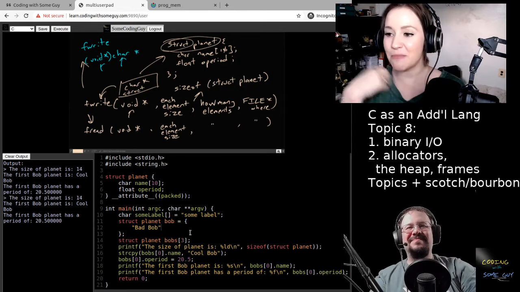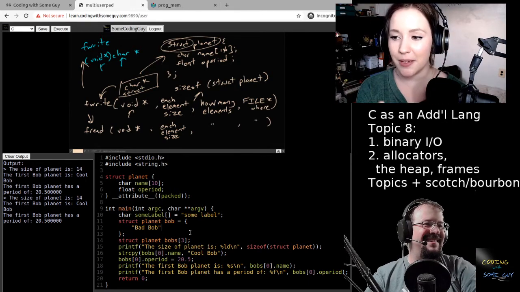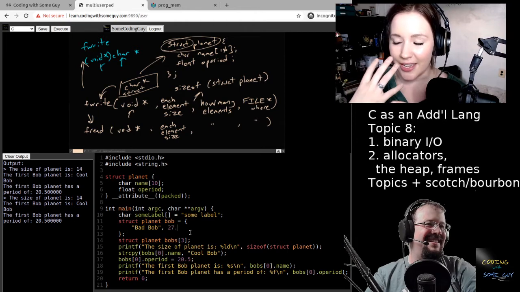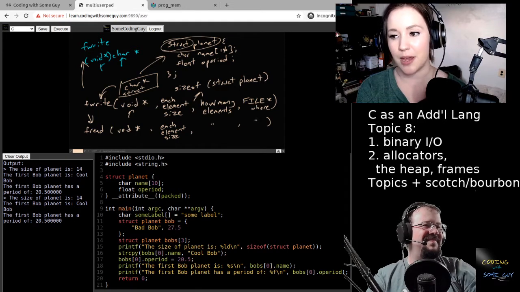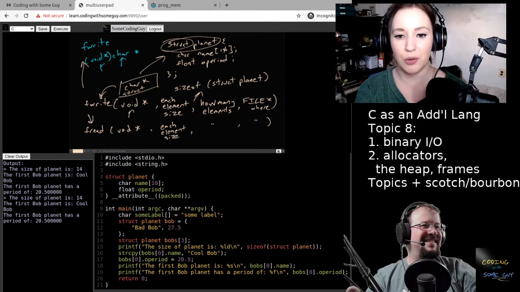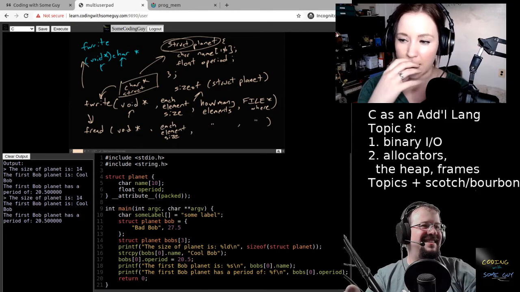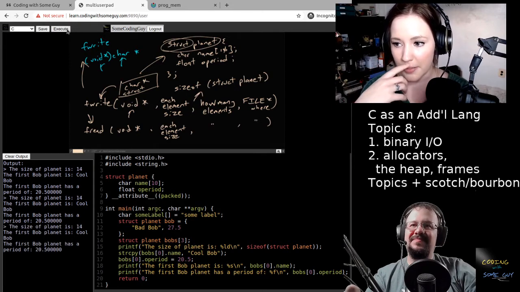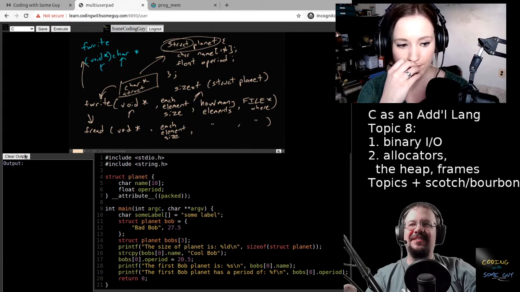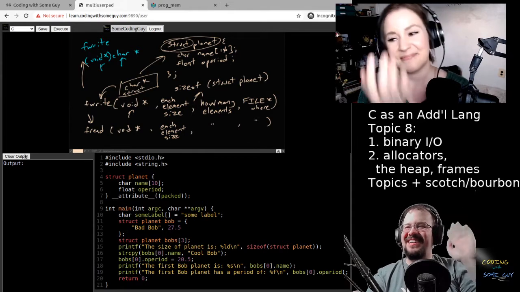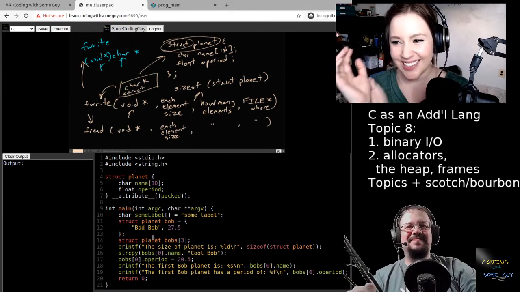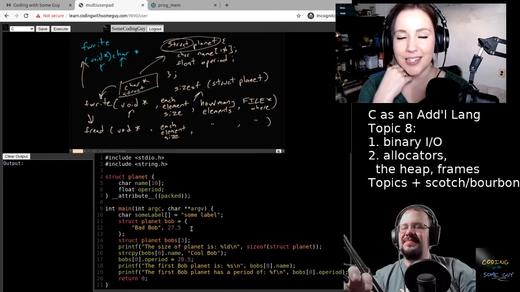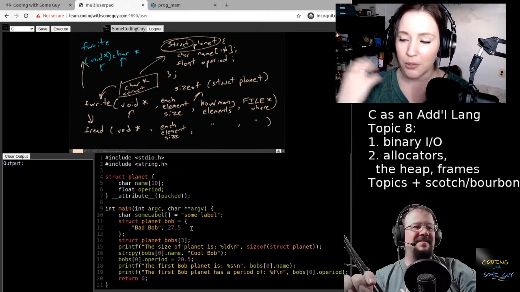Just curious. I know this isn't a one-to-one comparison, but I'm always going to fall back on references that I'm familiar with to help me understand. So it's very similar to an object in Python, and I keep coming back to that a little bit in my mind. Yep. It's not an object, though. That's C++. But we'll get to that. Yeah, that's kind of the understanding that I'm pulling from.